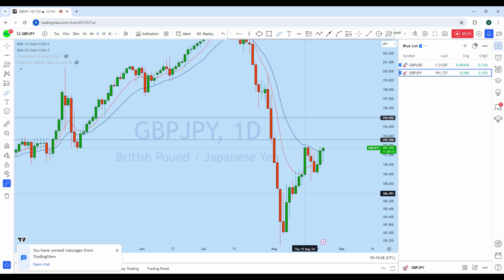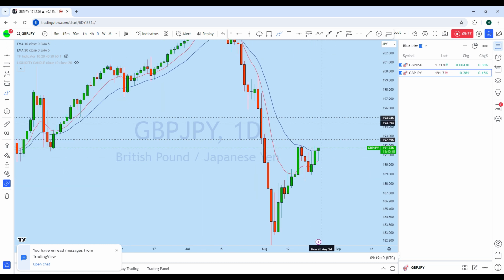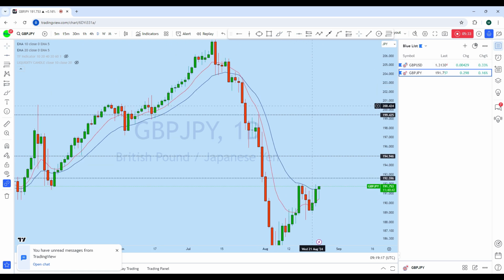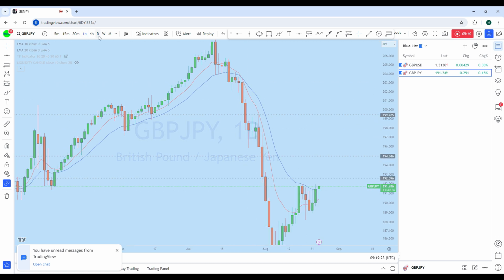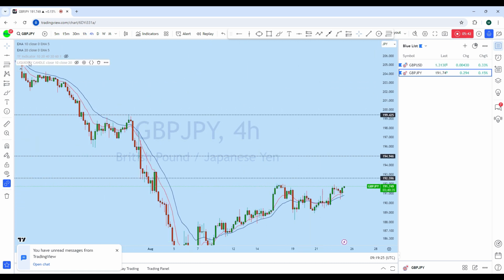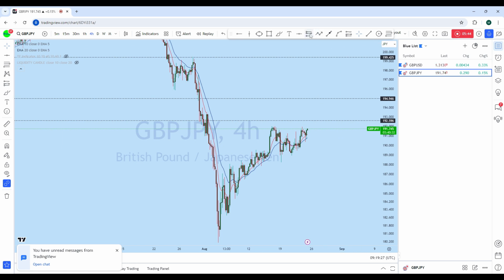As you can see, there is a reversal here, and we might see this is a local trend continuation to the upside to break this swing high, which is a very important liquidity zone of this downtrend. If we drop down to the intraday perspective, here we can see that this is a